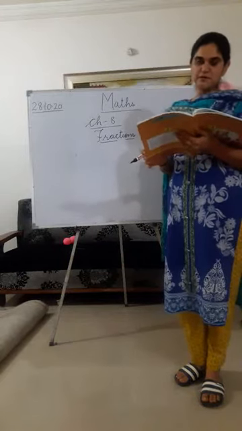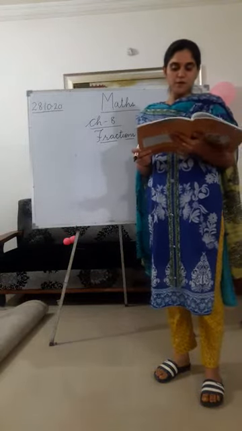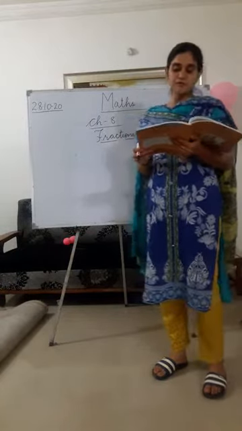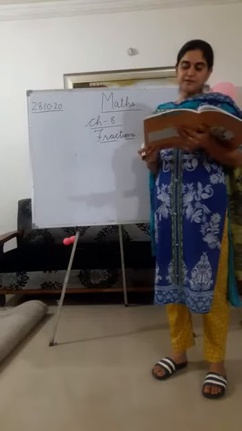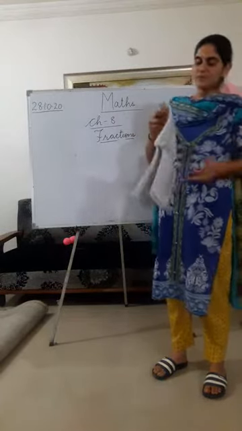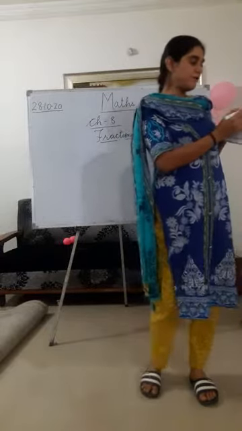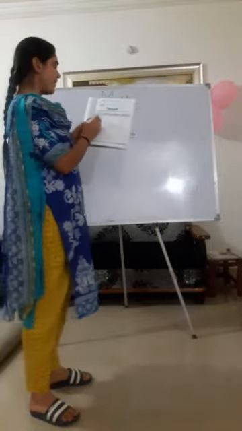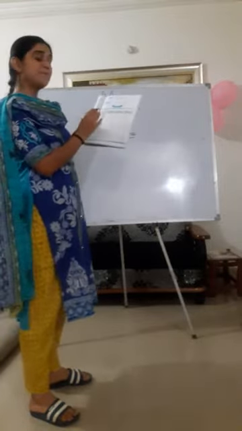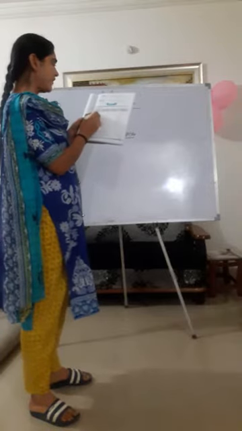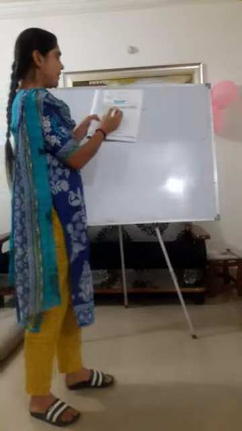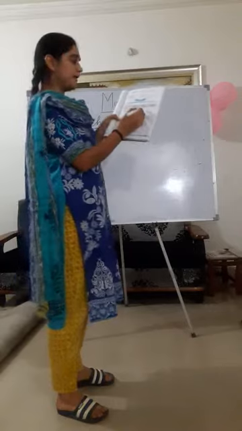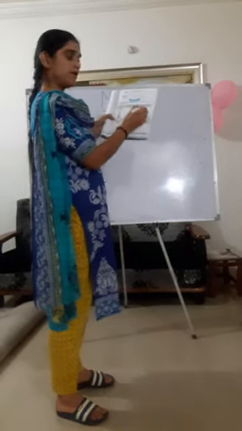So first question, complete the table. Take out your books, page number 73, exercise number 2, first question is complete the table. In figure 1, see how many parts are there. Total number of parts 1, 2, 3, 4, 5, 6, 7, 8, 9 and 10. Total number of parts are 10 and out of 10 how many parts are shaded? 1, 2, 3, 4, 5, 6 and 7. So in place of shaded parts you have to write down 7 and total number of parts you have to write down 10. So the fraction for shaded parts will be 7 upon 10.